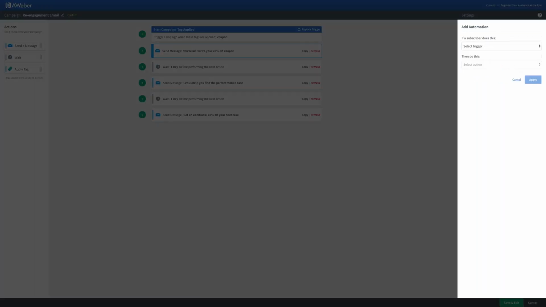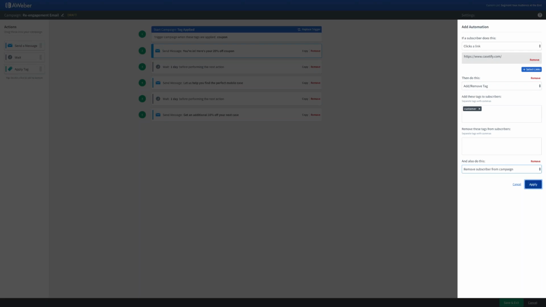So what you would do is when you're adding your automations here, you would select that link. Let's say it's this one right here. And if they do click on that link and they go to the website to go make a purchase, you're going to add a tag here, customer, and you're going to add an additional action here to remove them from the campaign.